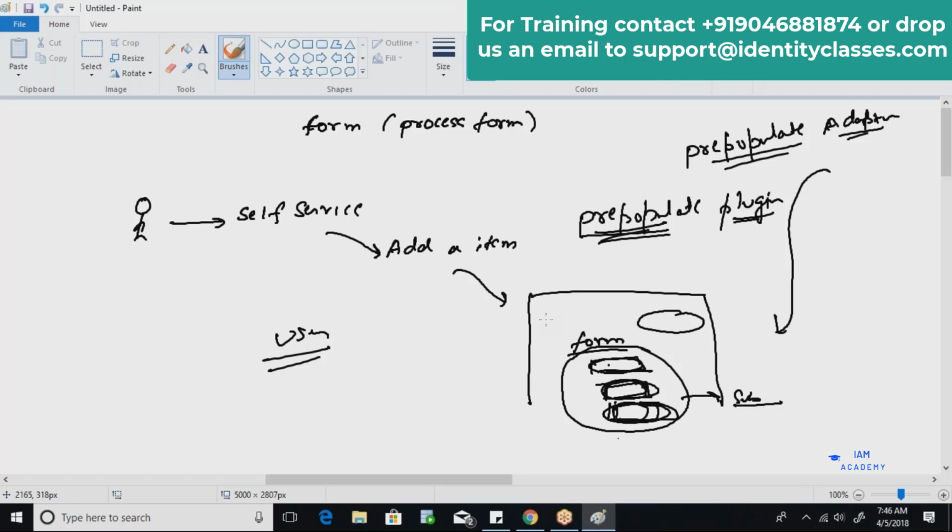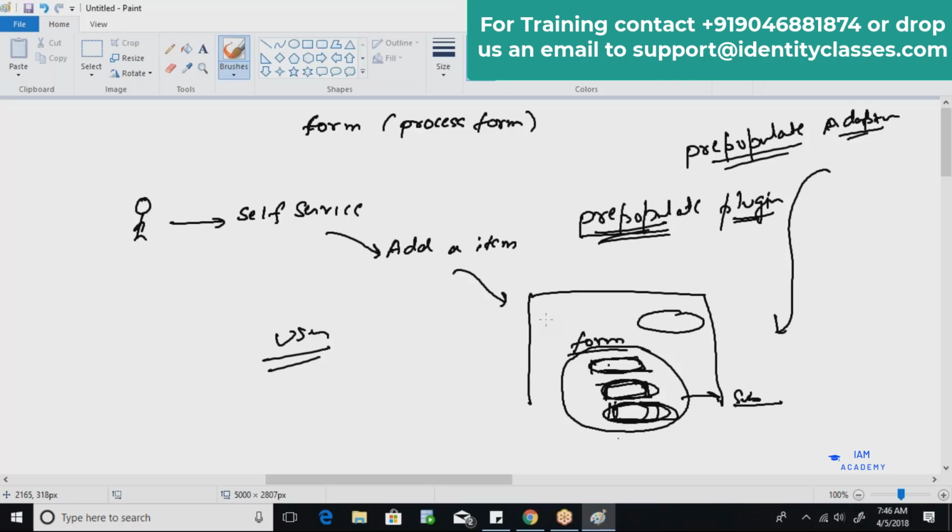Plugins, event handlers, schedulers, everything is responsible for doing some task. The pre-populate plugin is responsible for adding some values to your forms.